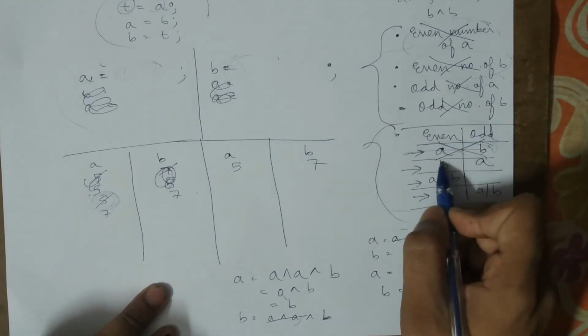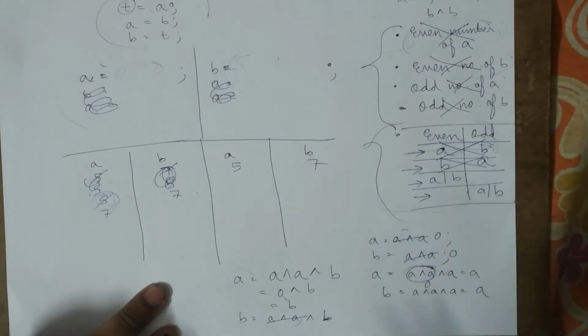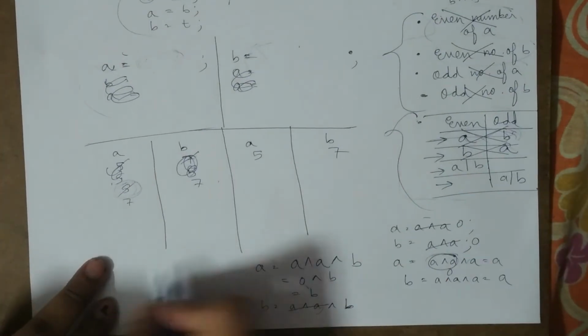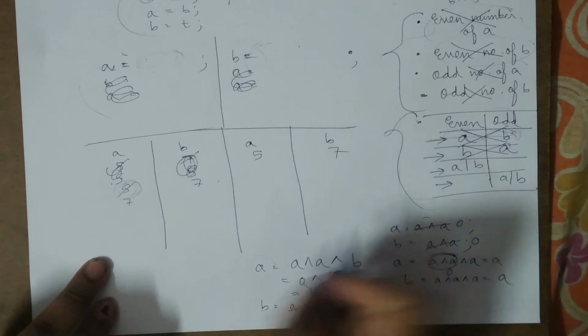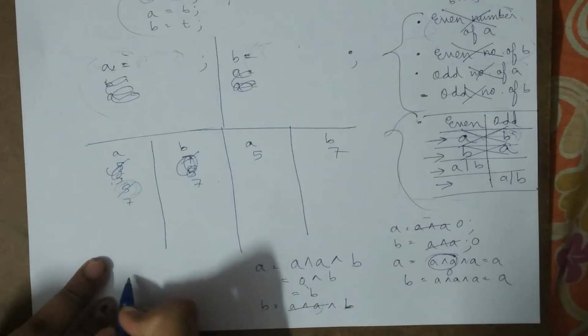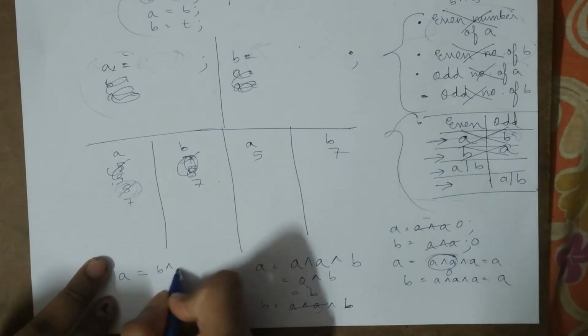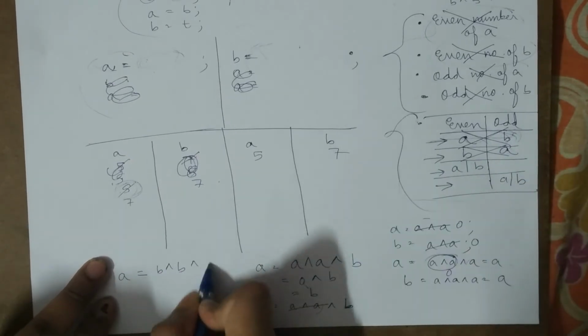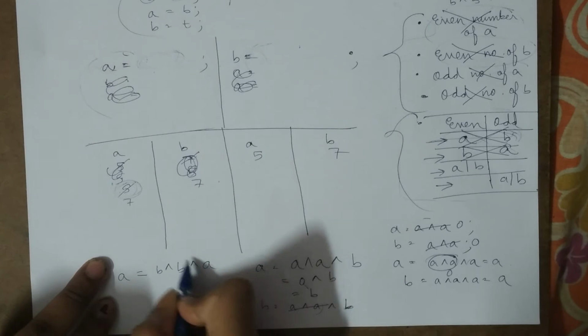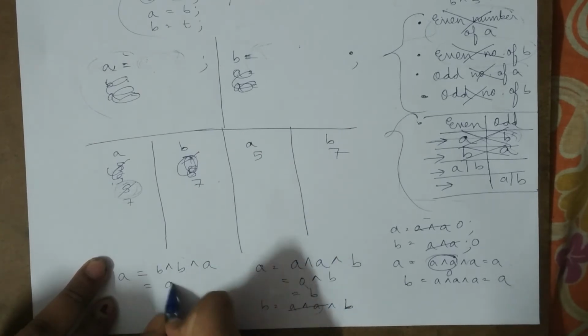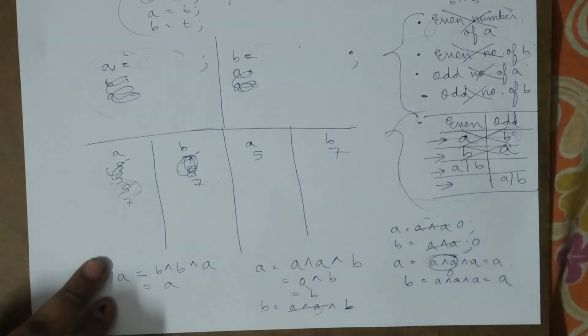So similarly this case will also be useless, because again what is happening over here is that we are taking b a even number of times, okay. So on the left hand side there is a, so I'm writing a equals to then b even number of times, so b XOR b, and then a odd number of times, which means a will be XORed with the even b's. And now what do we get? b XOR b is always 0, so 0 XOR a will be a. Again a will be equals to a, and that will be of no use.